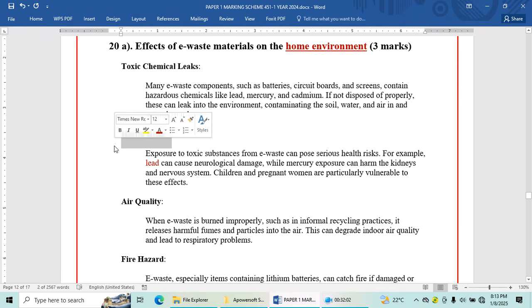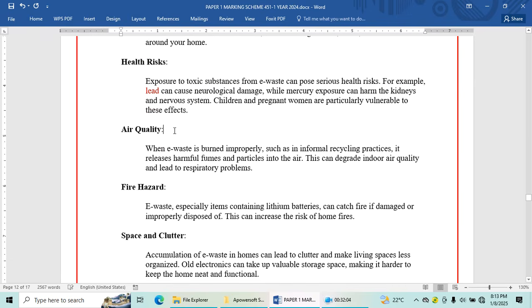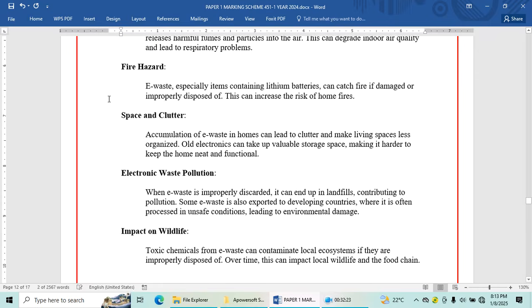So we are talking about health risks. Number three, air quality. When e-waste is burned improperly, such as informal recycling practices, it releases harmful fumes and particles into the air. This can degrade indoor air quality and lead to respiratory problems.